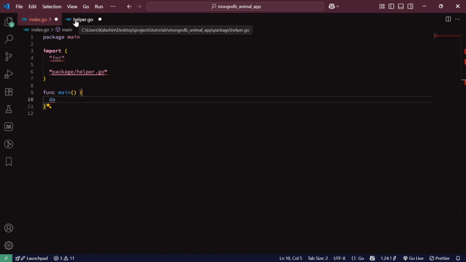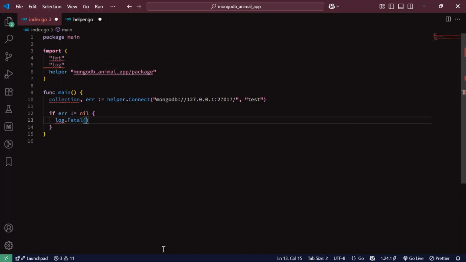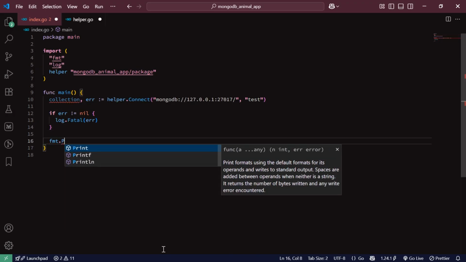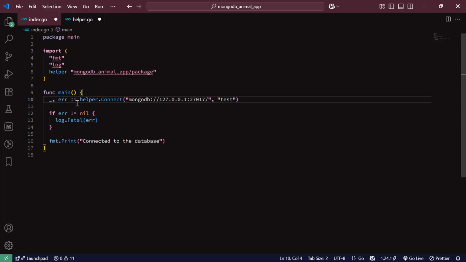Then in the main function, I will call helper.connect with the link to my local MongoDB database. The name of the database we are trying to connect to is going to be test, and then I will store the values returned from this into two separate values. The first, which I named collection, while the second is error. I will check if there are any errors while trying to connect to the database, and then I will call log.filter with that error. If there are no errors, I will just print a message to the console: connected to